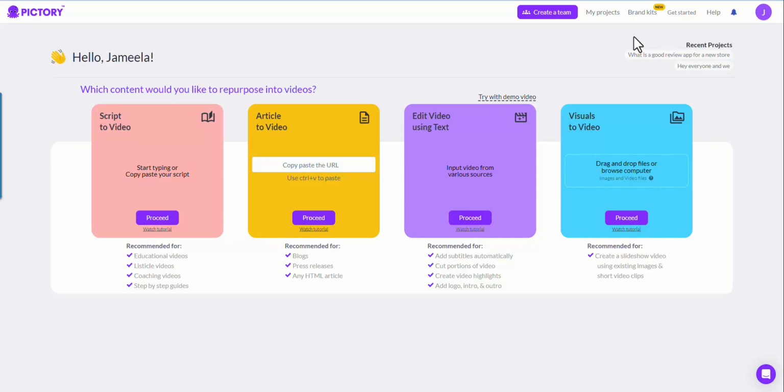In this video, I'm going to show you how you can use Pictory to make your blog post into a